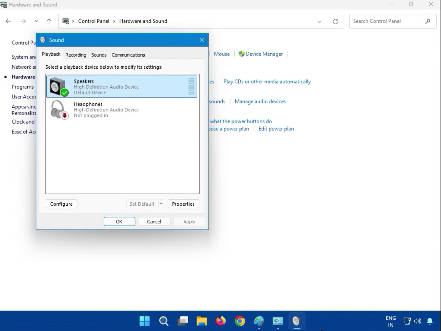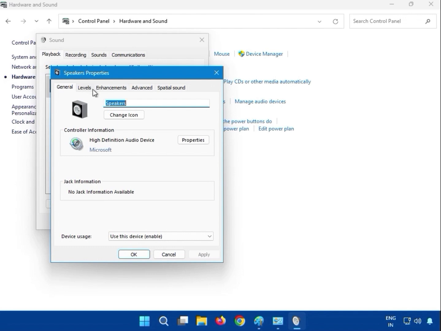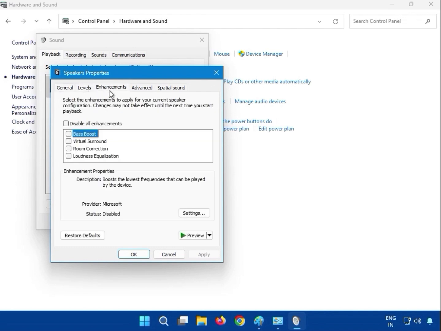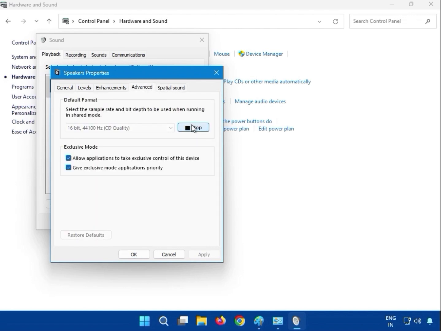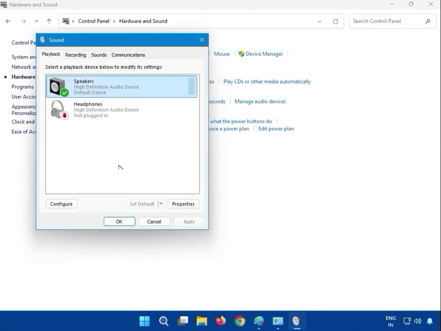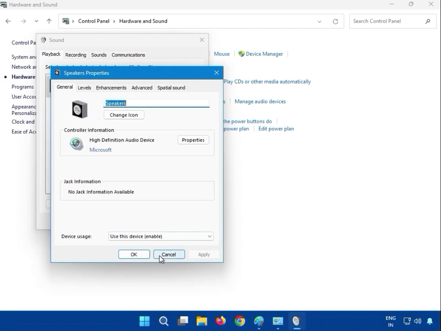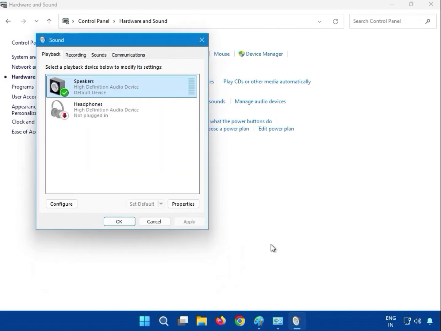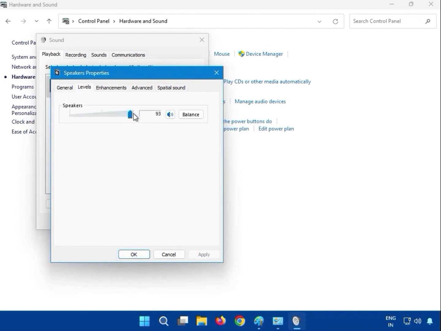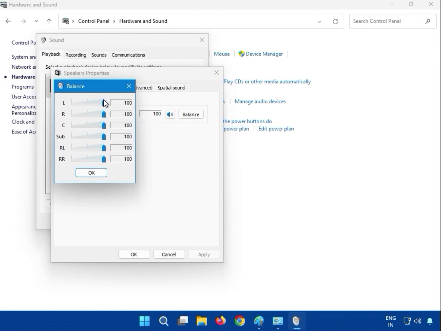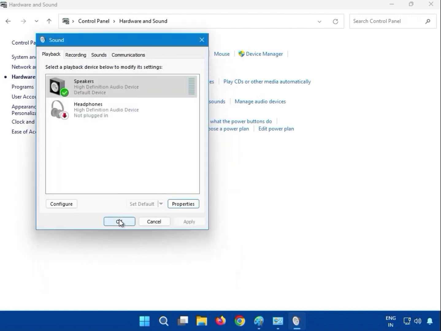Okay, then just double click and click to, you can see here like that. Okay, click to properties. So guys, select the level 100%. Okay, and you can see here balance on 100%. Okay, and then okay, and then okay,